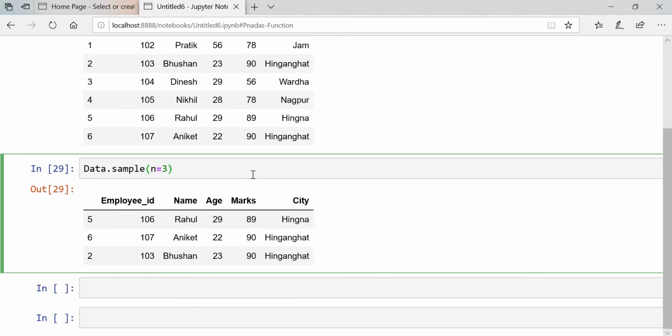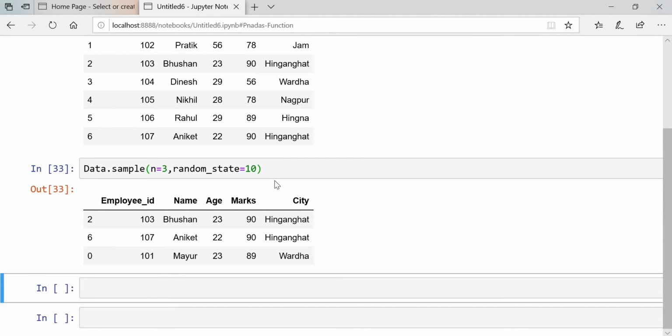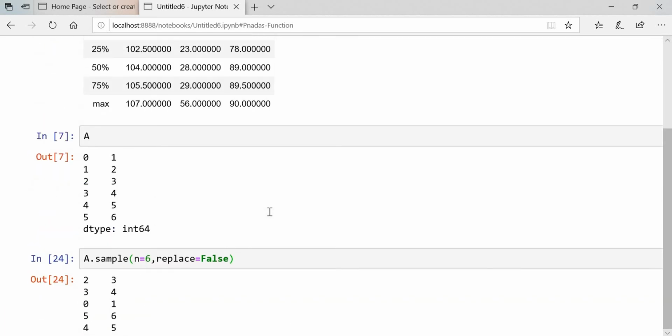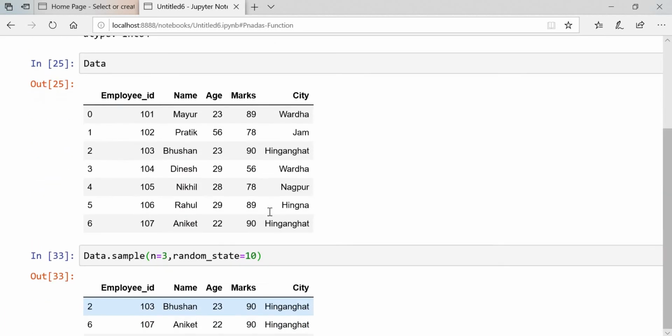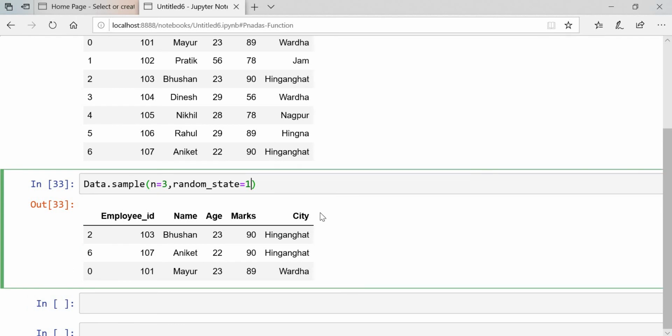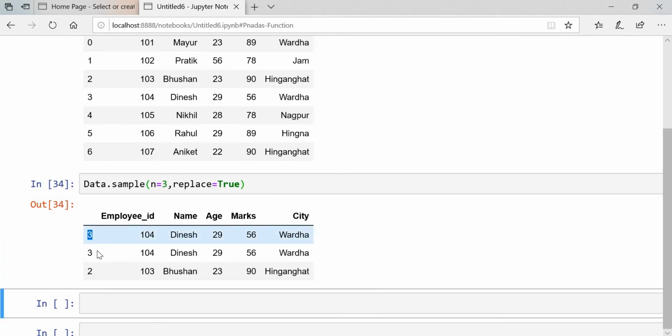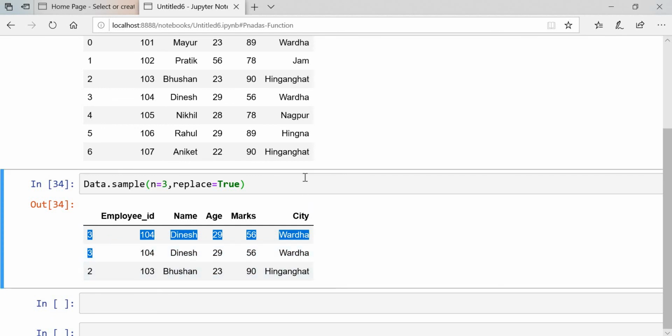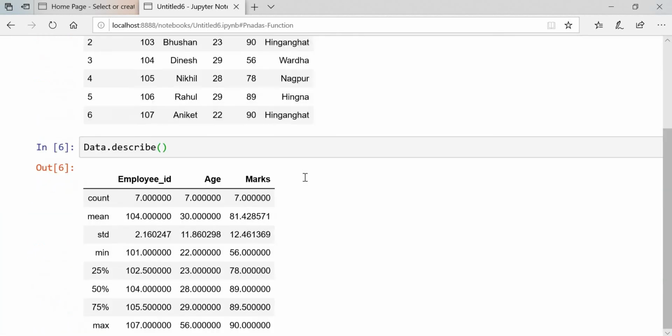If you put random state, let's say 10, and execute one more time, you will get the same data. Now you can also put replace equals to true. See, we are getting duplicate data, means we are getting the same data. So like this it will work, guys.